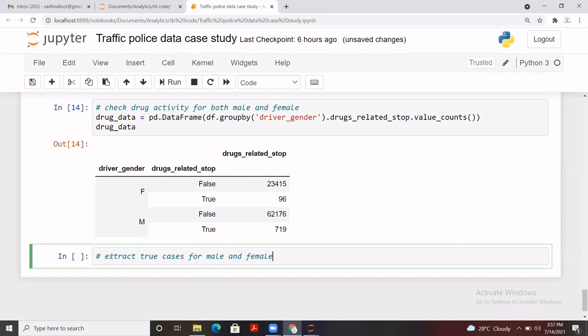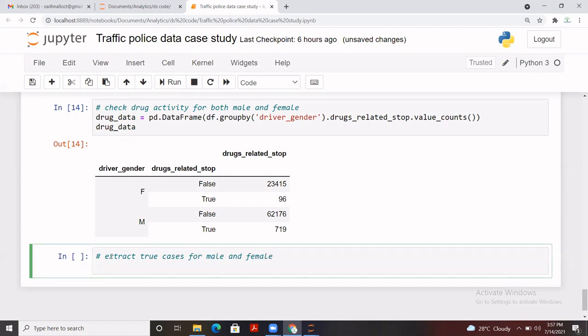So what we are going to do for this case is group our data, df dot groupby, and on this we can pass a column which is driver_gender, that's a column name, and the other column that we need, drugs_related_stop.